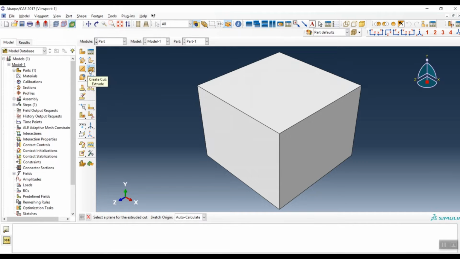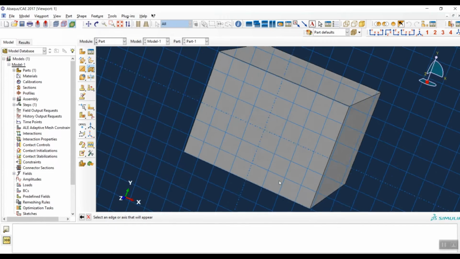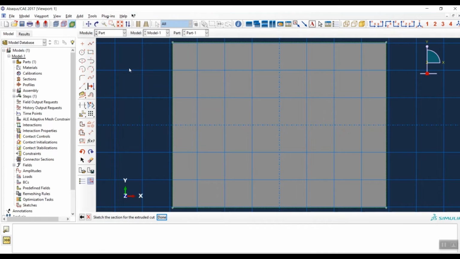Click on create cut and choose this face and this line. Okay, here draw some rectangles like this one, and also this one. Okay,